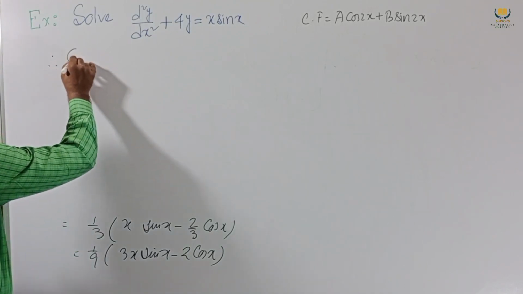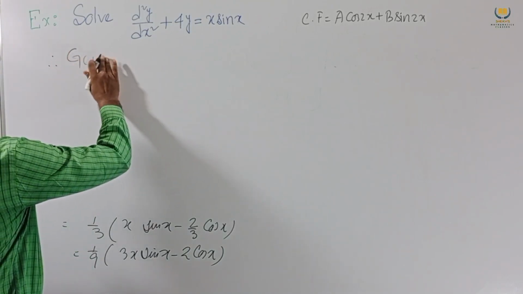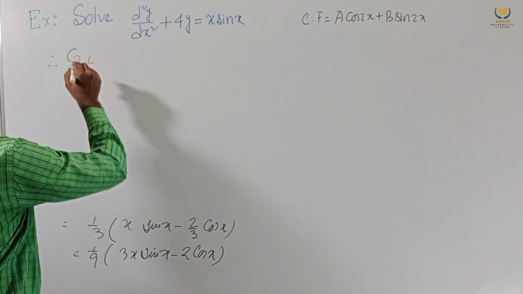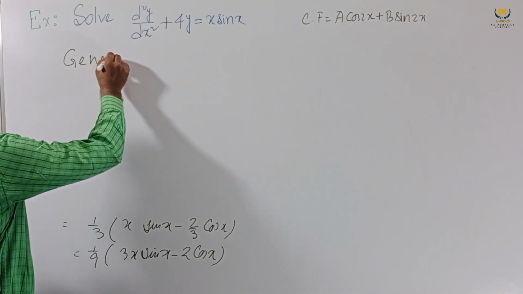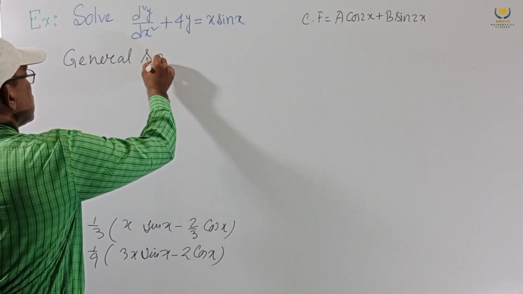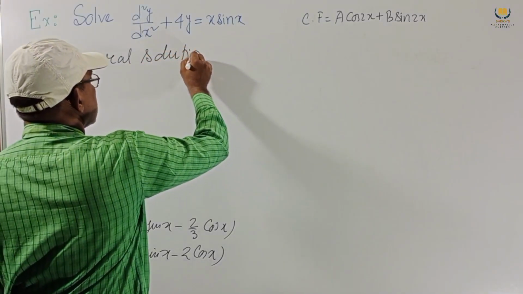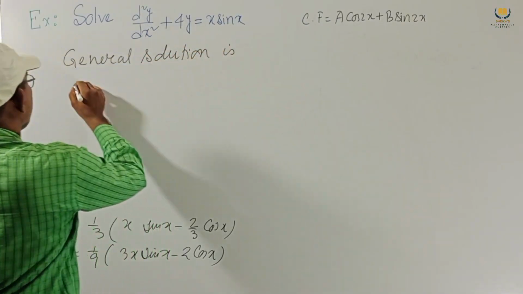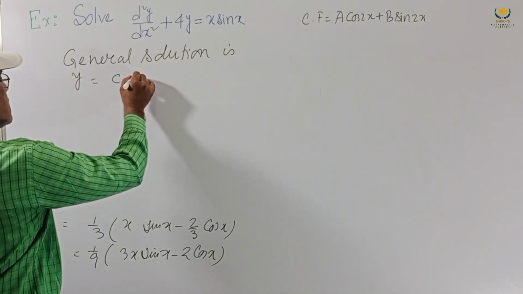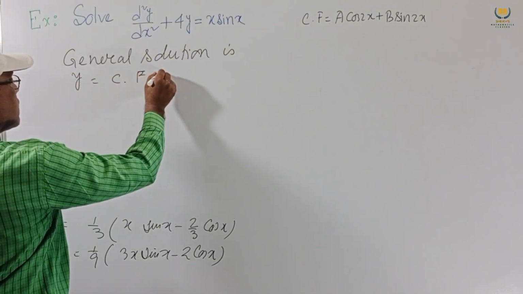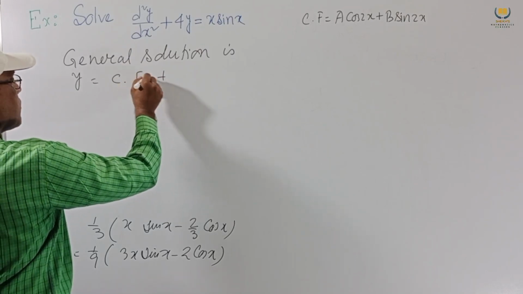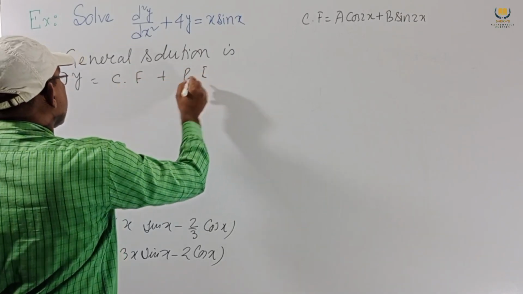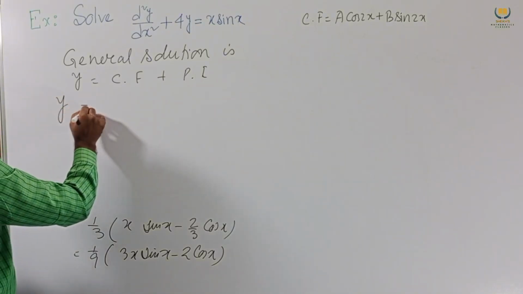Therefore, the general solution is y equal to CF plus PI. So this implies CF means